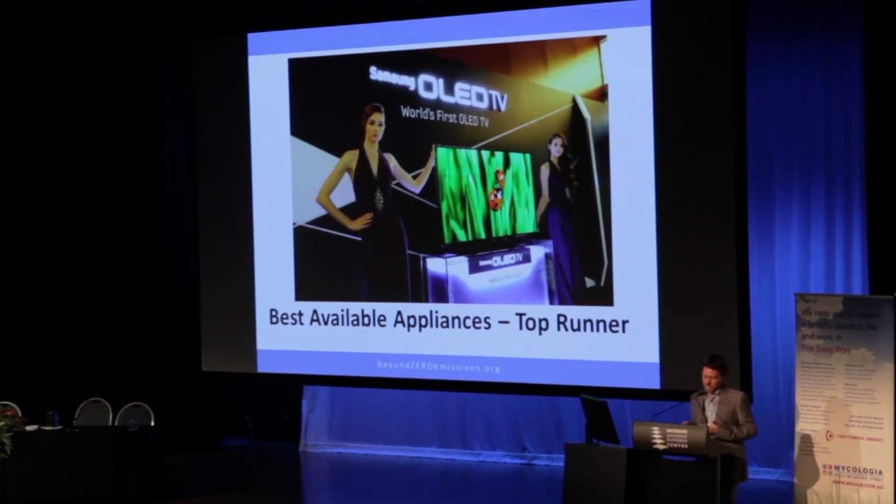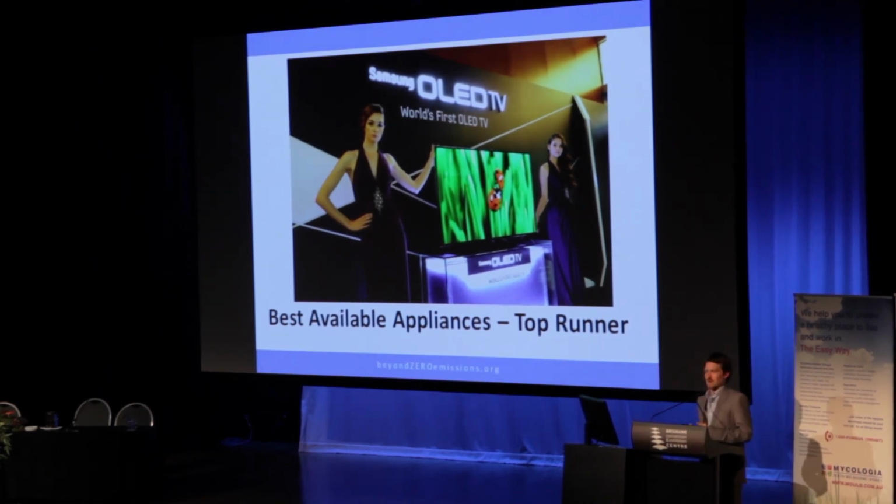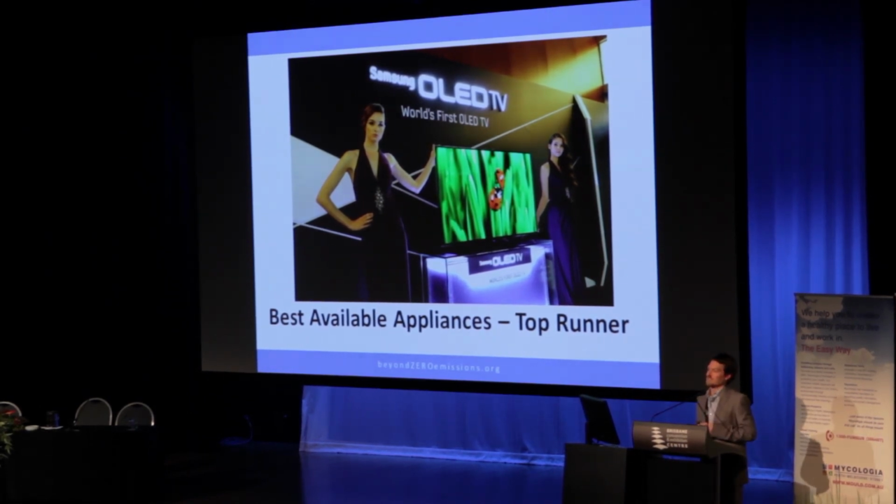What we've been doing from a residential point of view is suggesting that if we adopted a top runner program, which is a scheme that exists in Japan, and got the industry to work towards the best performing, rather than simply cutting out the worst performing appliances in the market, we've looked at what that could do in terms of our energy consumption in homes. We think over 10 years this will give a good approximation for where it might go because of the pace of technology development. Just as a little indicator of that, this is the world's first organic LED TV, which came out this year, which is already surpassing LED technology, which we've been all excited about in the last couple of years. So the industry moves very quickly,